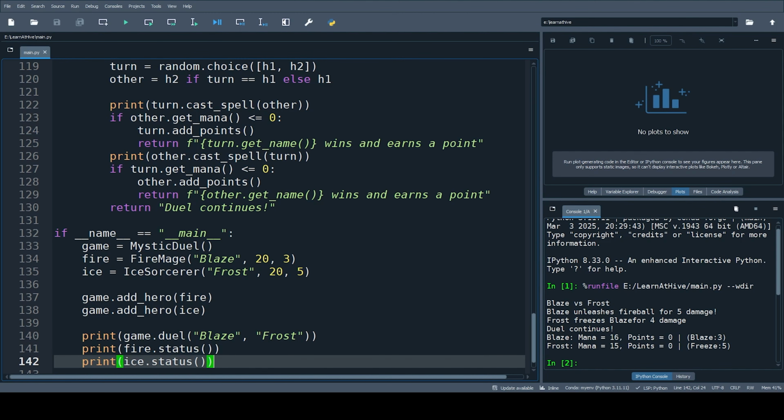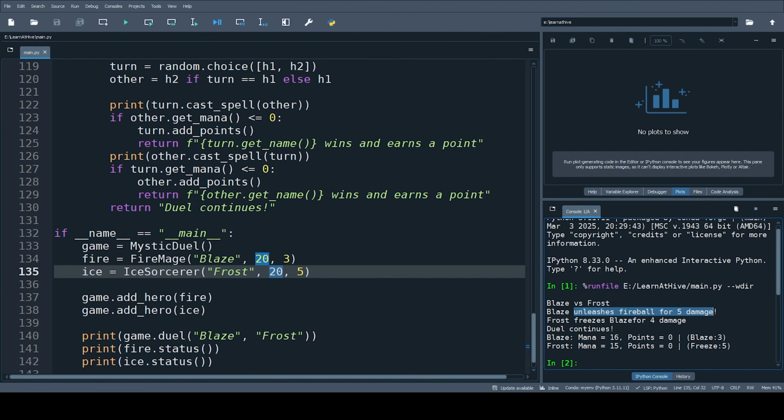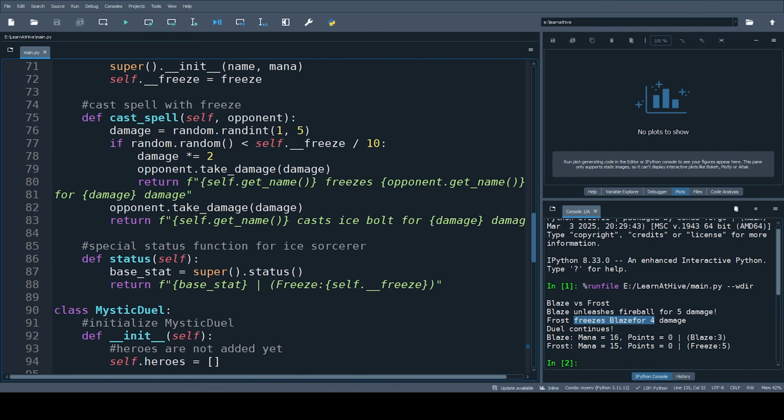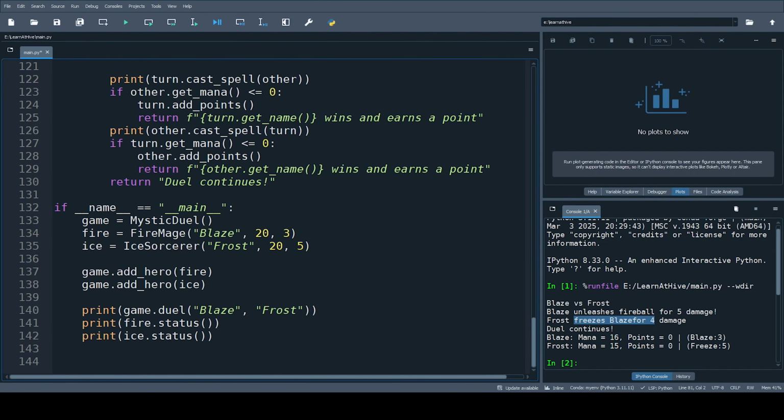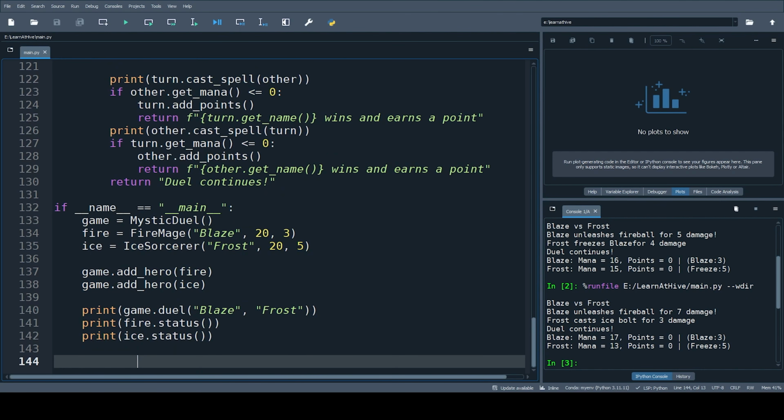If you remember, we defined them with 20 mana points. Now it says Blaze versus Frost. Blaze unleashes Fireball for 5 damage. Frost freezes Blaze. We can fix the string and leave a space. Then run it again. Okay,